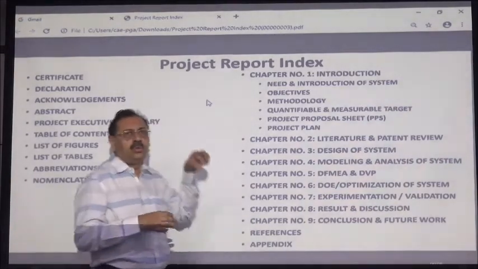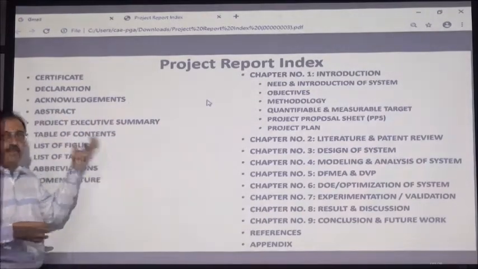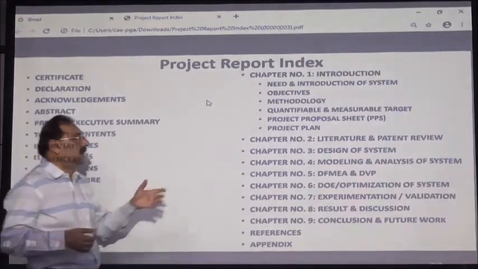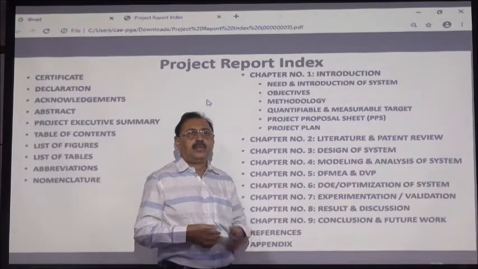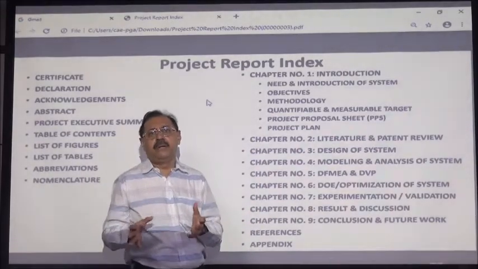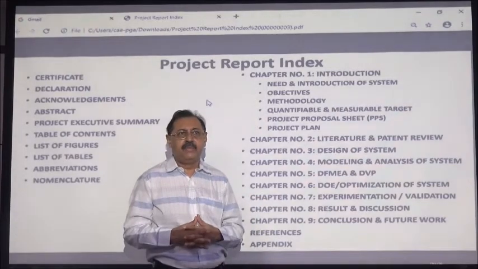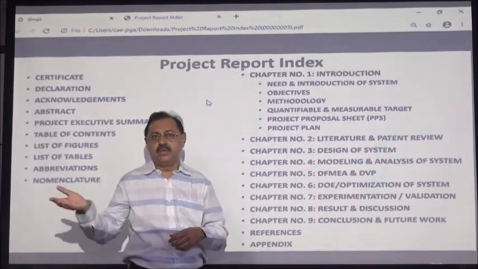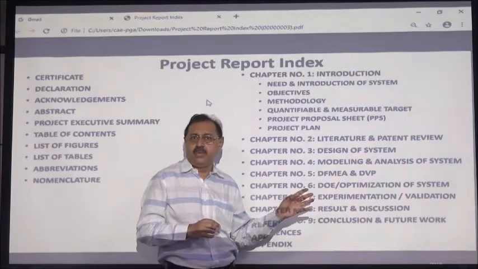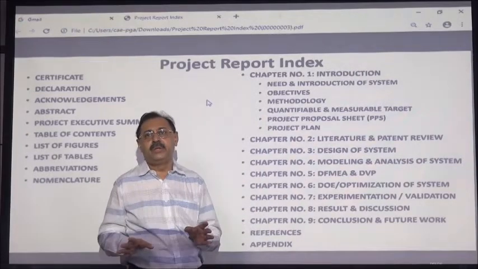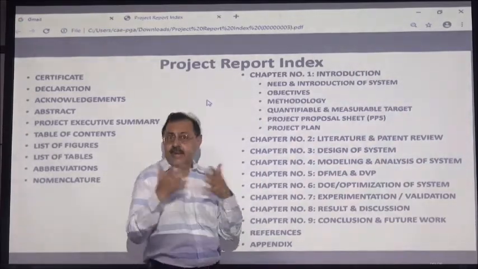Whatever is related to the title of your project or the main problem of your project, everything would come in this. So once you have collected a lot of literature and a lot of patents which are related to your project, put them together, say what X is doing, say what Y is doing. You don't have to say what you are doing, you have to say what others have done up till now. It's prior art. And in that you can make a comparison table.